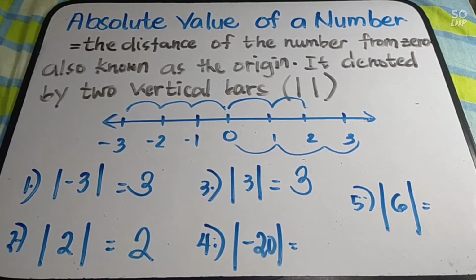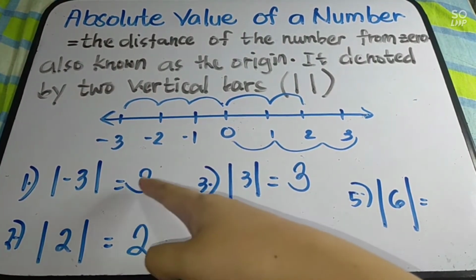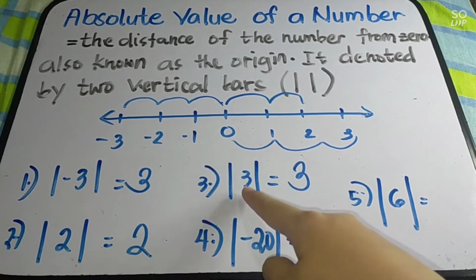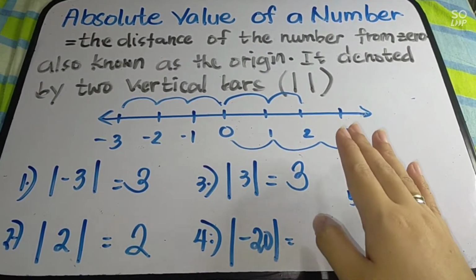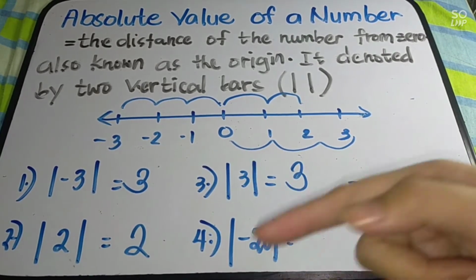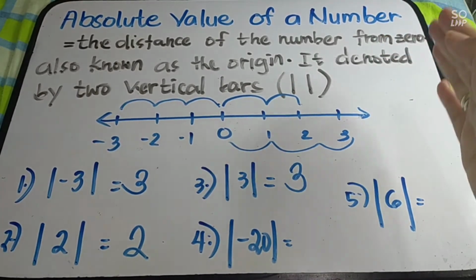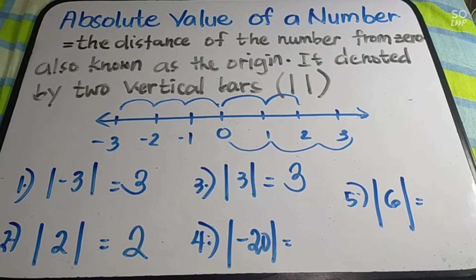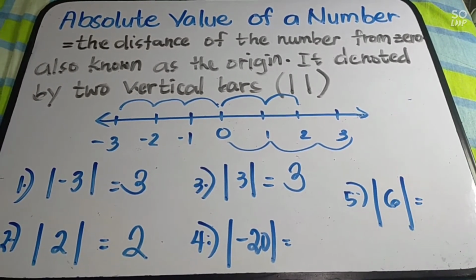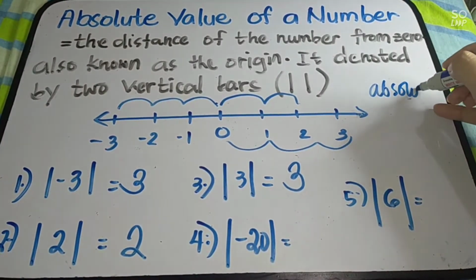Kung mapapansin nyo dun sa ating examples, yung negative 3, absolute value, the answer is positive 3. Yung positive 3, the absolute value is positive 3. So, any distance of a number from 0 is always positive. Therefore, absolute value of any number is always positive. Yun lang po yun. So, you are going to change negative into positive and positive is also positive. Alright? So, si absolute value